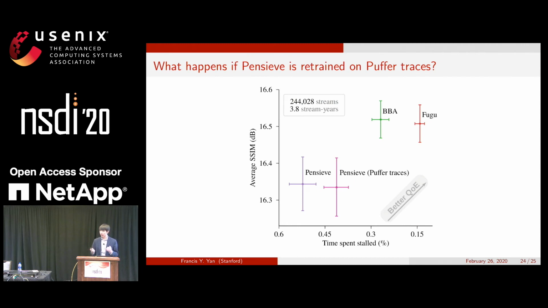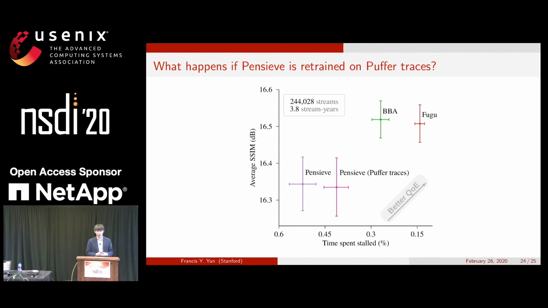So the best we can do is to retrain Pensieve on traces collected from Puffer, which is a small step toward in situ learning, but still not there because, as I said, learning in situ doesn't require network simulators at all. We compared the retrained version of Pensieve with the original version, BBA, and Fugu. After streaming about 4 years of video, we found Pensieve's performance was indeed improved, but was still significantly worse than